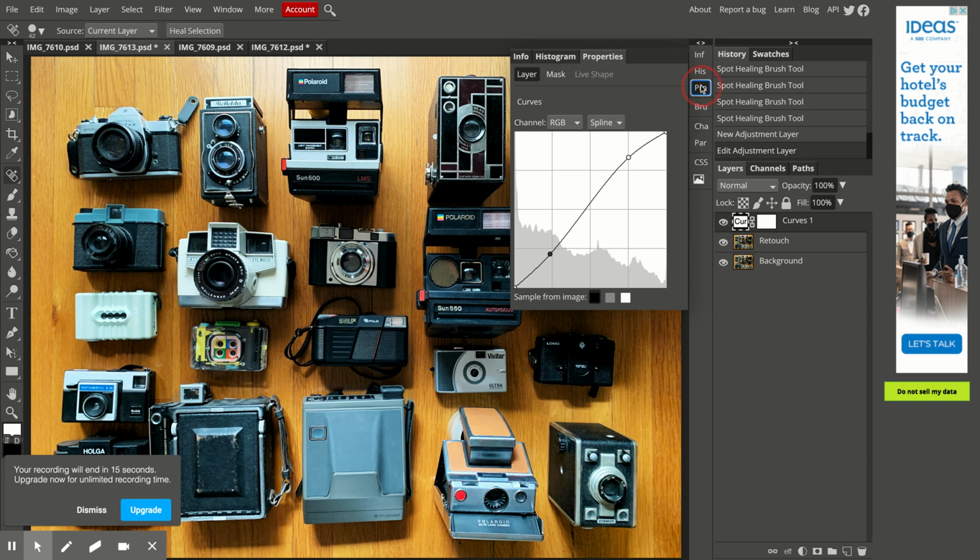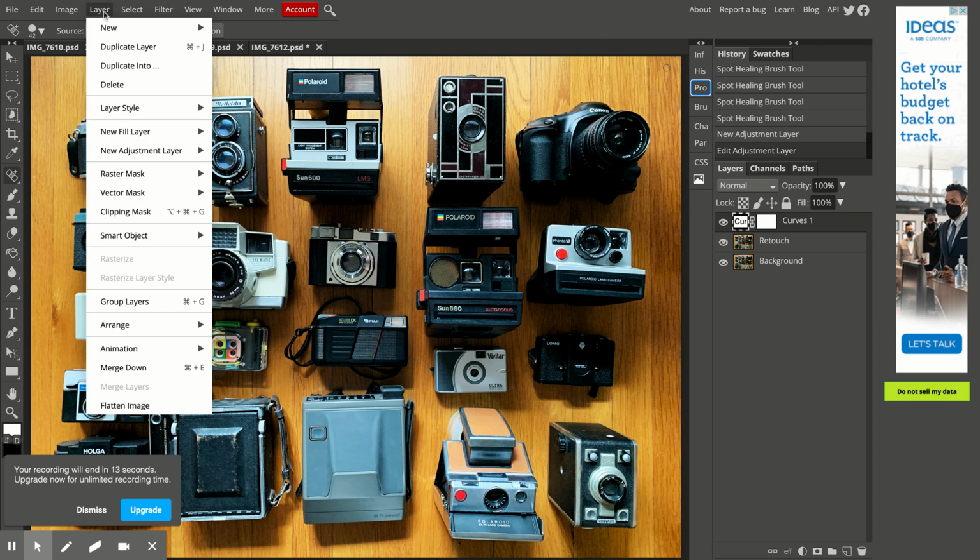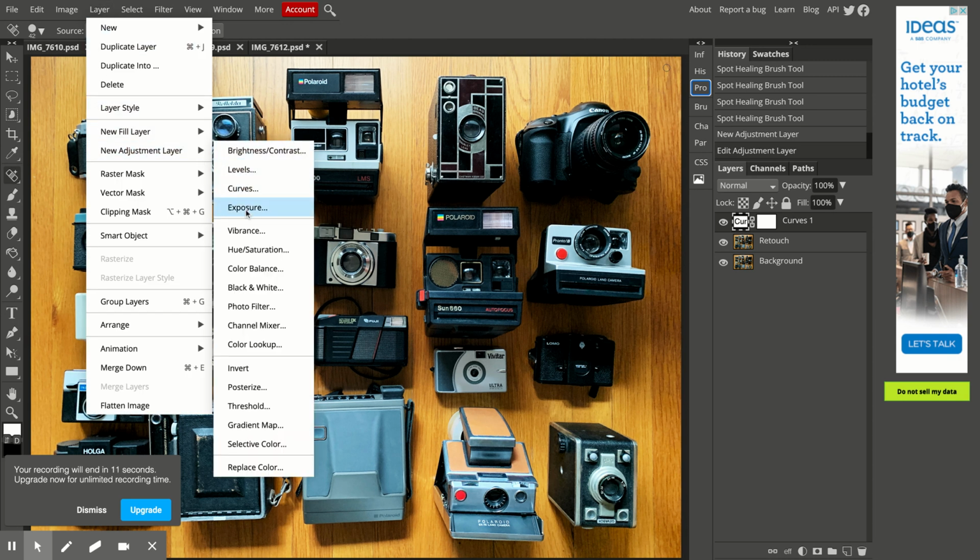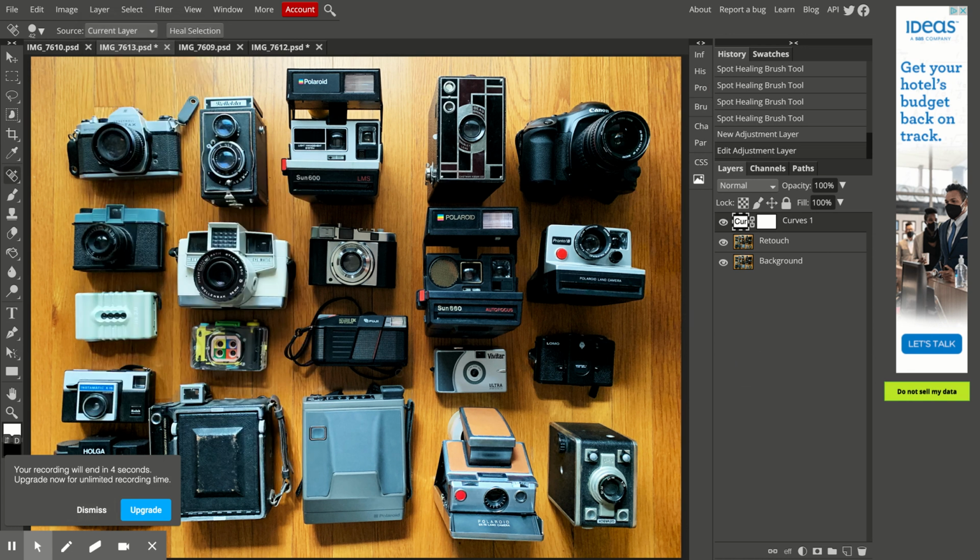And then I can hide this, and I could also add other adjustment layers. So I might actually warm it up or play with my colors or photo filters to create a specific look. So that is our basics: levels, retouching,